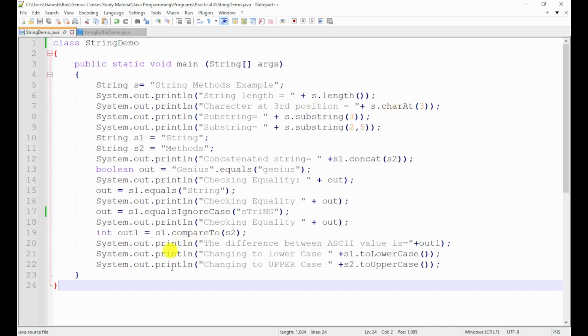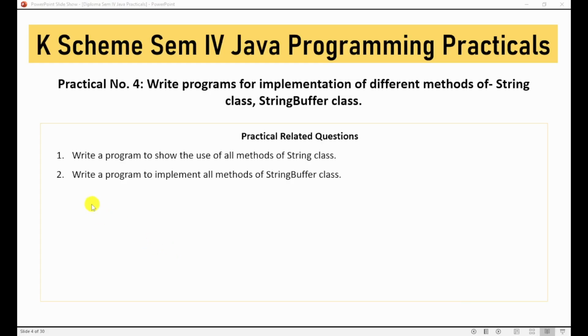So this is how we have completed the first question here. Now the second question is, write a program to implement all methods of StringBuffer class. So similar to string